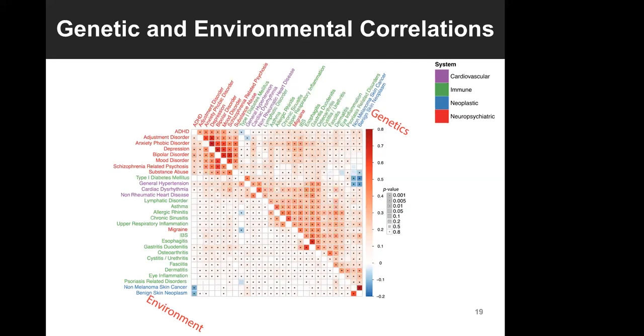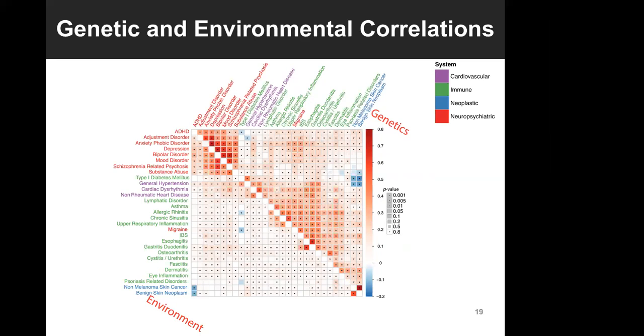The stars measure the 1% false discovery rate. If it passes, we put a star on the square. So you can see the majority of the correlations in our analysis are significantly different from 0 at 1% false discovery rate. And on average, from the general pattern of this matrix, you can see that genetic correlation between diseases tends